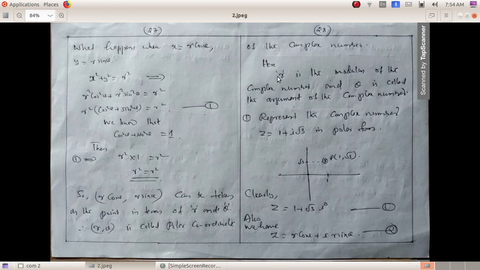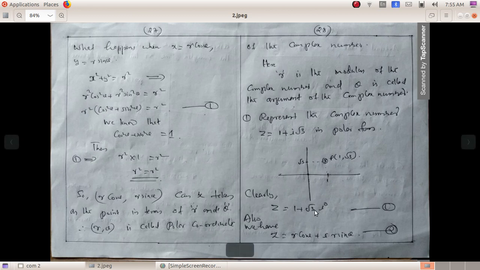Right. Then can you represent the complex number z equal to 1 plus i root 3 in the polar form? That is, you can rearrange this complex number in terms of theta and r. That is called the polar form of a complex number. So clearly z equal to x plus i y. So x is 1, y is root 3. So the approximate position of this complex number, the point 1, root 3, is this one. So it is 1 and this is root 3.